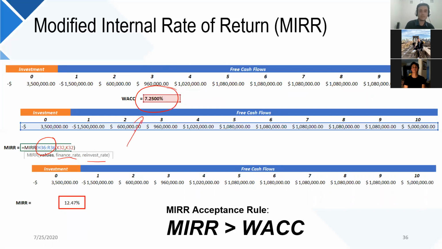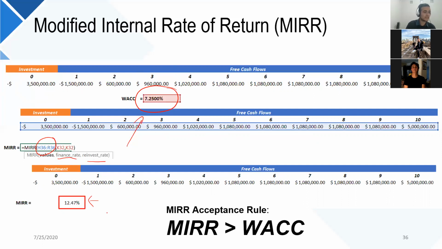It's this one here. So what you are telling Excel is, listen, Excel, I want you to calculate the internal rate of return. I want you to modify it as if I were to reinvest the money at a rate of 7.25%. That is, I want you to compound all these cash flows to the last period, and then decompound them until you find the rate at which the cash flows equal the same value at the beginning of the period, which is 3,500,000 pesos. I did that, and the result is